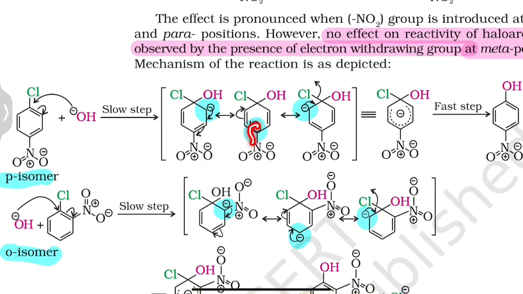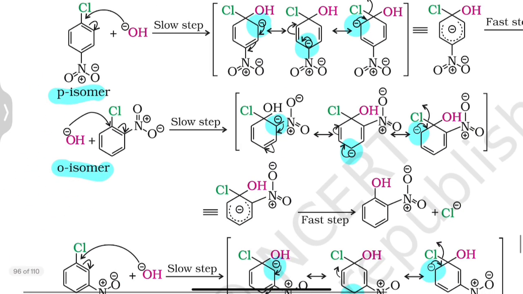So this electron density will be pulled by the nitrogen. So it also undergoes resonance. If it is present at the ortho position, see here, the nitro group is present at the ortho position. Even then, in the resonance structures you observe, the negative sign is present at the ortho position, para position and ortho position. So when the negative sign is present at the ortho position, this will be in resonance with the nitro group,